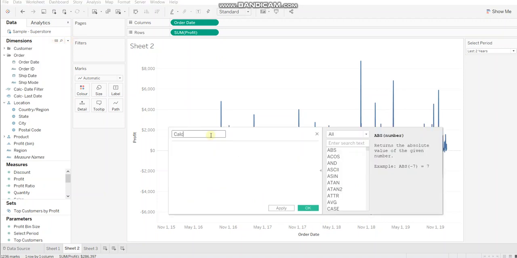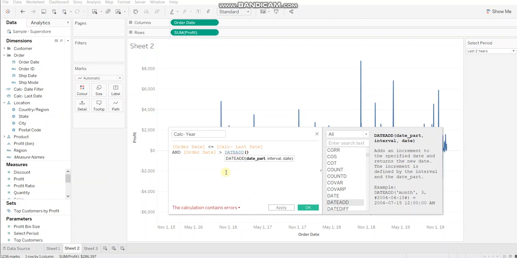I'll name it as cal year. So now we are computing calculation for last 2 years. For that, order date should be less than equal to last date and order date should be greater than. So the date function that I'm using here is date add.